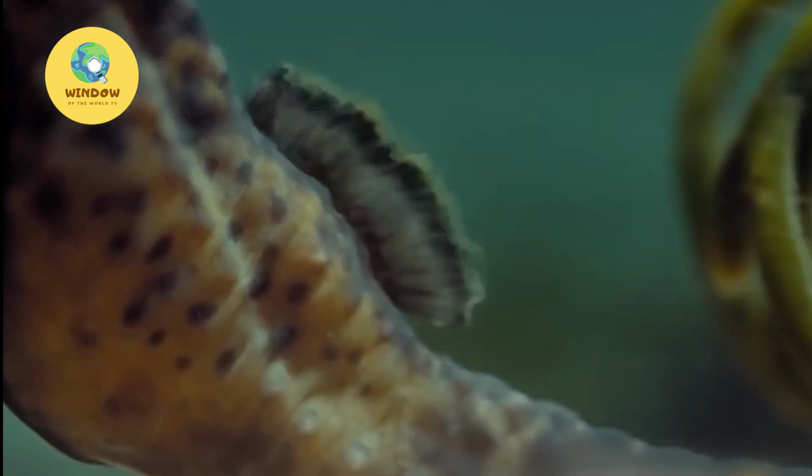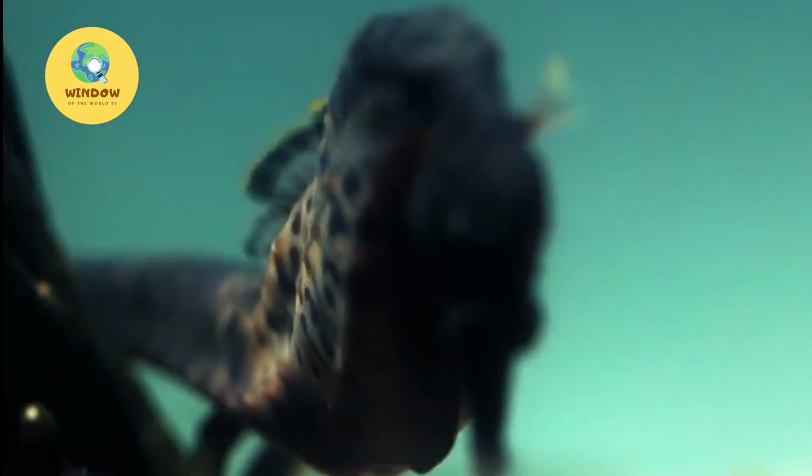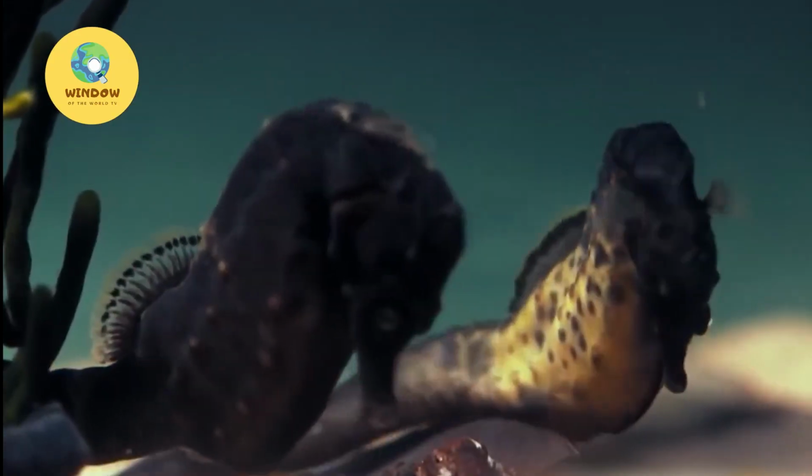Males and females will constantly swim around to flirt with each other with their fins. They can play like this for a few days before mating. After agreeing to mate, the female seahorse will swim close to the surface of the water and the male seahorse